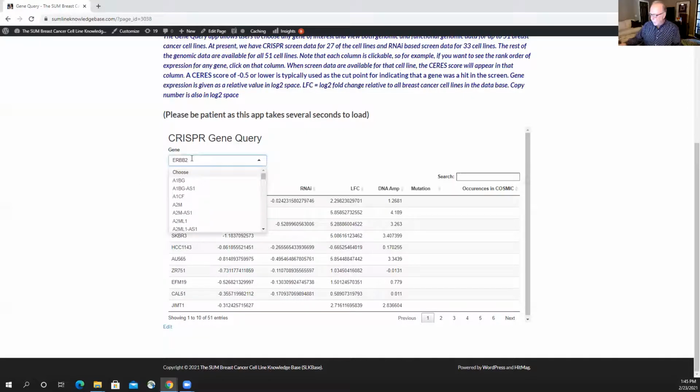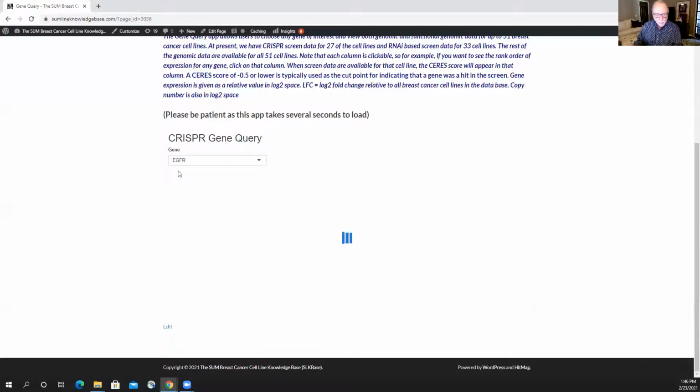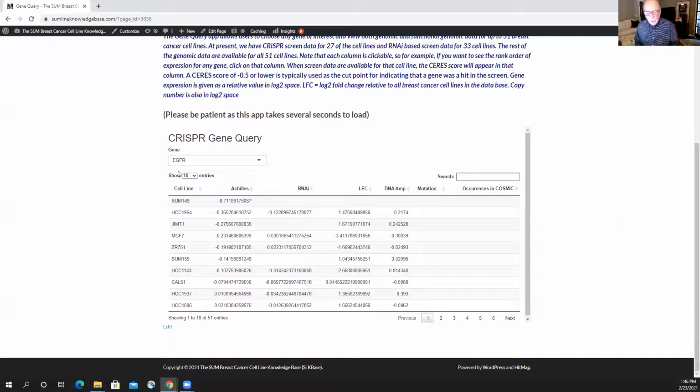Let's now do, just very quickly, another gene that I've been interested in for a long time, the epidermal growth factor receptor. So we all know that EGFR tends to be overexpressed in basal or triple negative breast cancers and underexpressed in ER-positive breast cancer. So we can type in EGFR, and if you just look at what comes up by the genome scale RNAi essentiality screen scores, you see the gene isn't essential in any cell line except for SUM149. Now that's really interesting because we found it to be essential in our screen, and the Han lab found it to be essential in their screen, but in no other breast cancer cell line